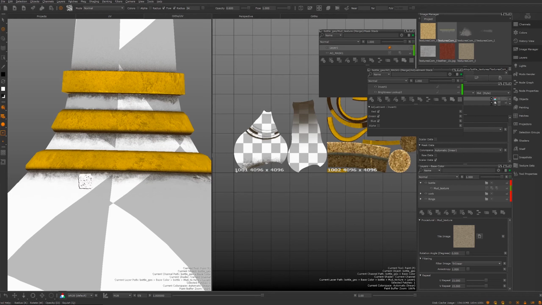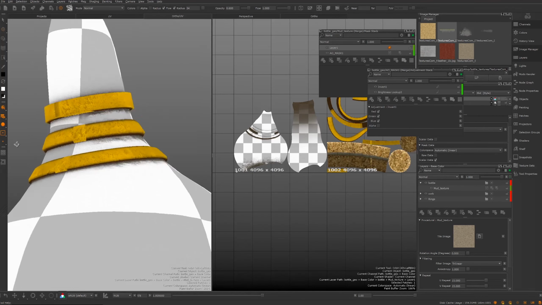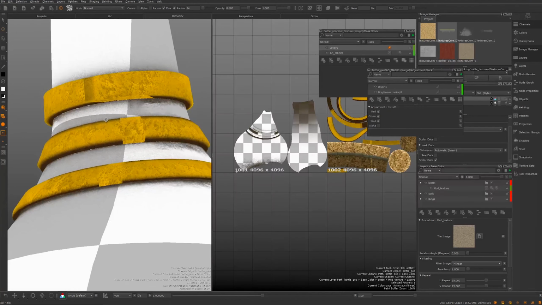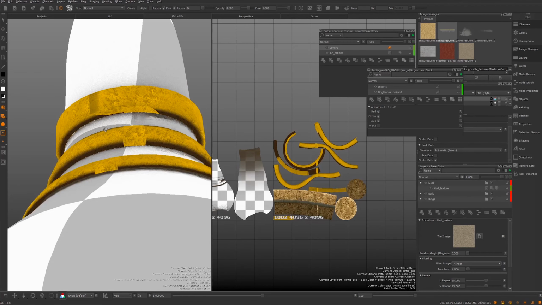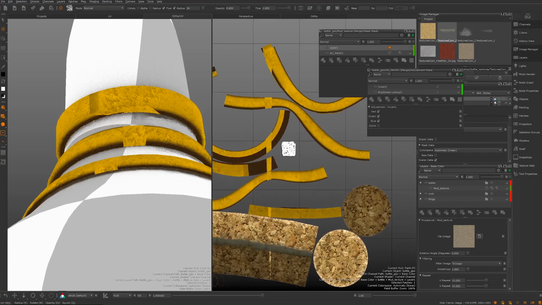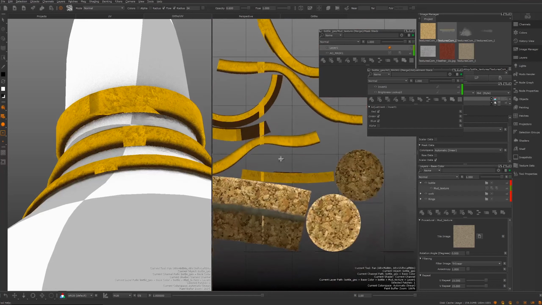So as you're doing this, you should probably have reference up, because this is all based on reality. So there's a problem there with the UVs. It's interesting. Let's take a look. So looking in the UV view, I can see that looks like